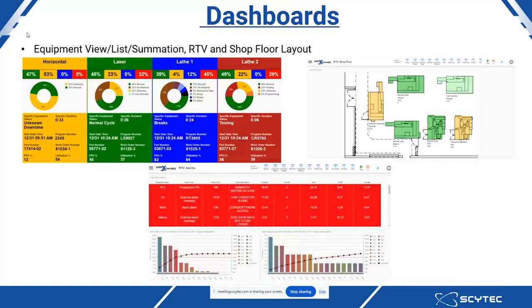Now we also have our dashboards. Now with our charts, as I said, those are historical. I want you to think about our dashboards as all real time. And also you can get a mixture of both historical and real time with our dashboards. But we have quite a few real-time dashboards, including the equipment view, the equipment list, as well as the equipment summation views. And then we have our real-time viewers,